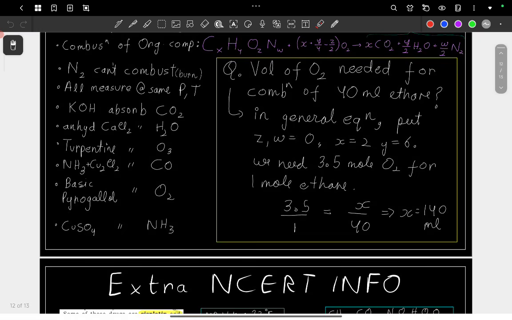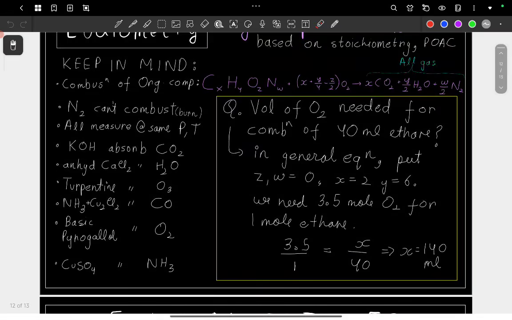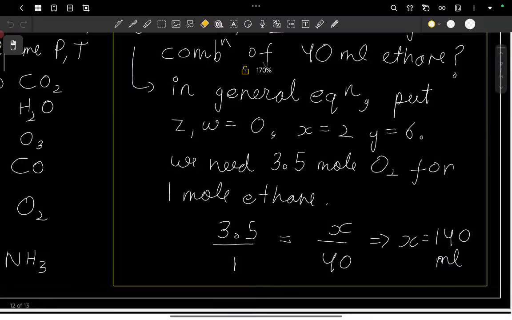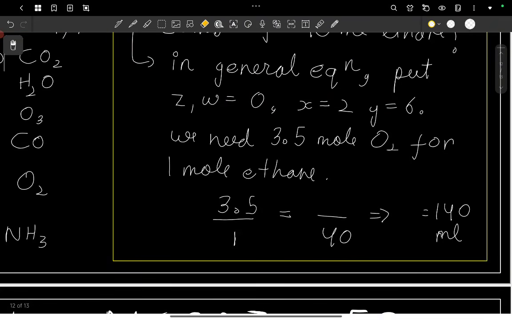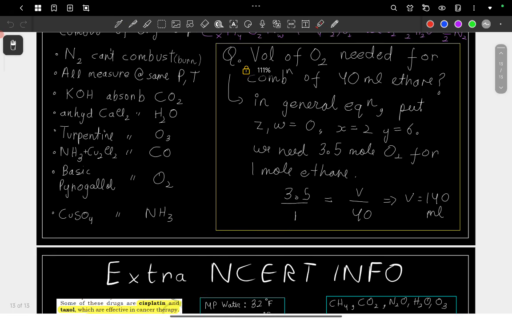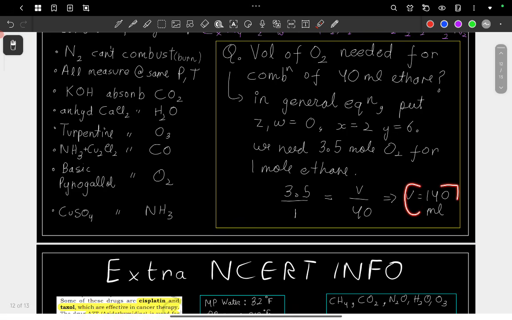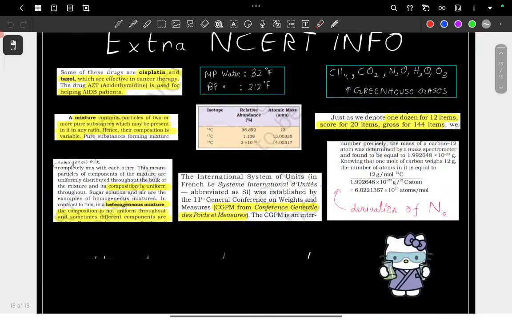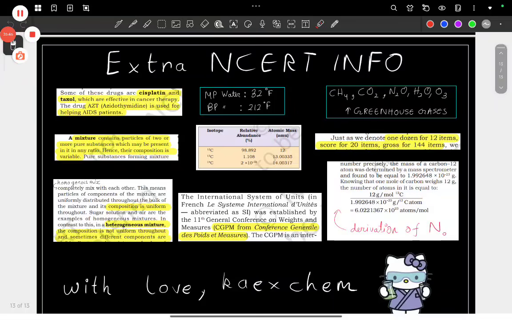And hence, we can say that the ratio is going to be the same, 3.5 upon 1 is equal to x upon 40. This is not the same x. Actually, let me change the variable. Let me call it V. So, the volume upon 40 is equal to the molar ratio 3.5 upon 1, and it gives us volume is equal to 140 milliliters. And lastly, this is some extra information that I scooped out from the NCERT,